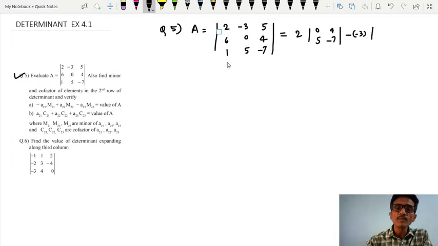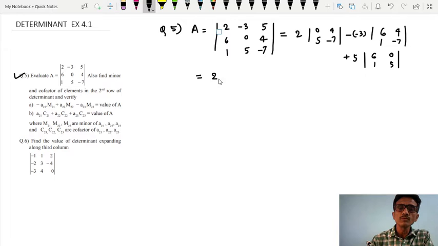So what are the remaining elements? 6, 1 and 4, minus 7. Then plus 5 into determinant of 6, 1, 0, 5. Now let us expand this determinant further. That is 2 into, this is what, 0 minus 20. Then 0 minus 20 plus 3 into